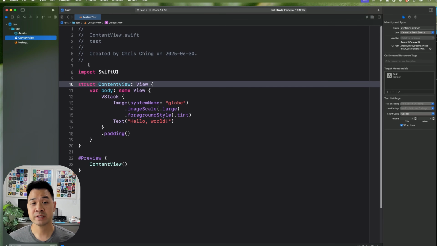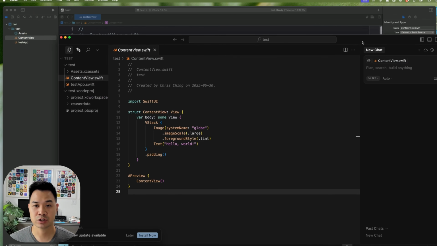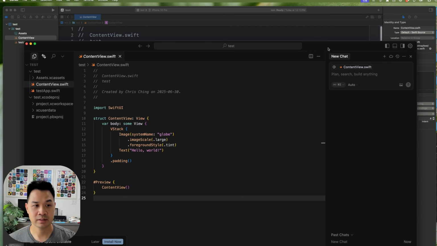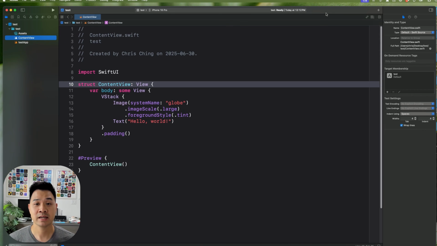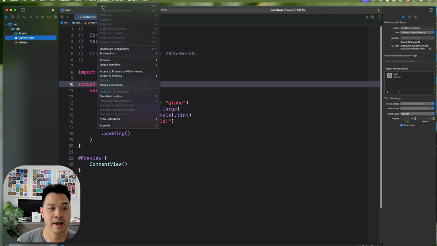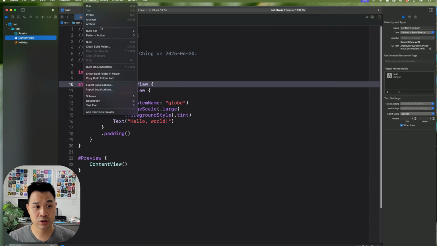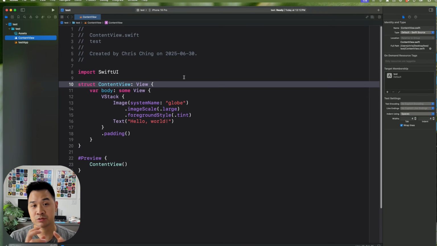And just to remind you, the reason why we still need Xcode and not just being fully reliant on an AI-powered IDE like Cursor is because inside Xcode, we can archive, which is going to take all of this code that you've written inside this Xcode project, turn it into an app bundle, and then be able to send that to the Apple App Store. It's only going to accept those app bundles from Xcode because this piece of software is an official Apple tool. This is what they want you to use to build apps across all of those Apple platforms. So whether it's the goggles, Vision, or it's Apple TV, or Apple Watch, or iPhone, you name it,